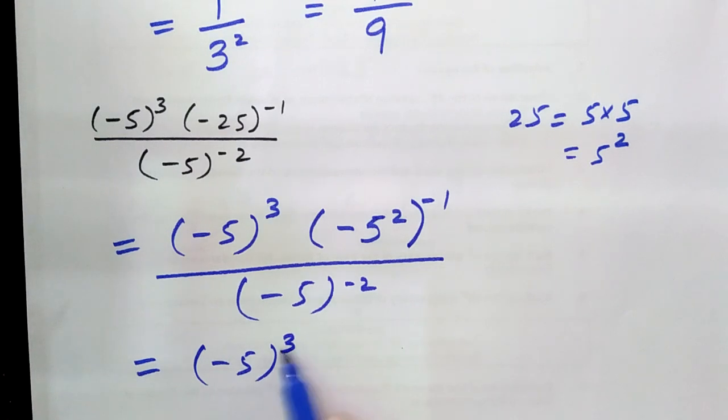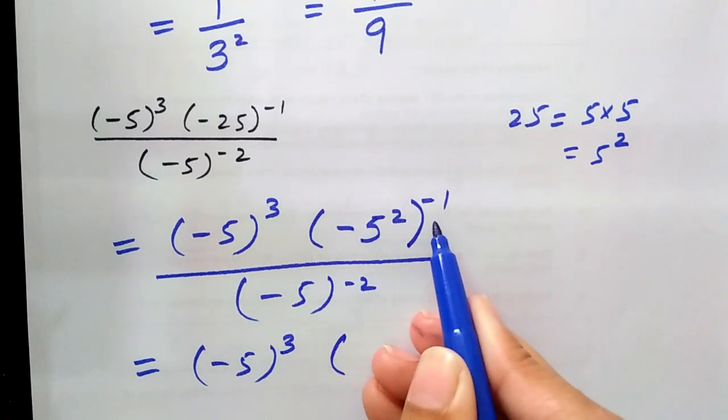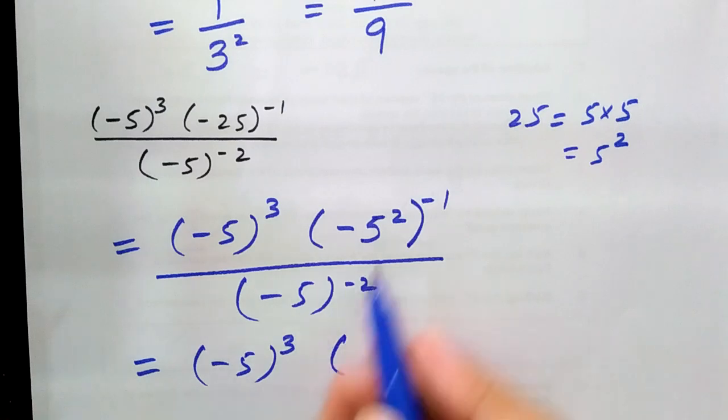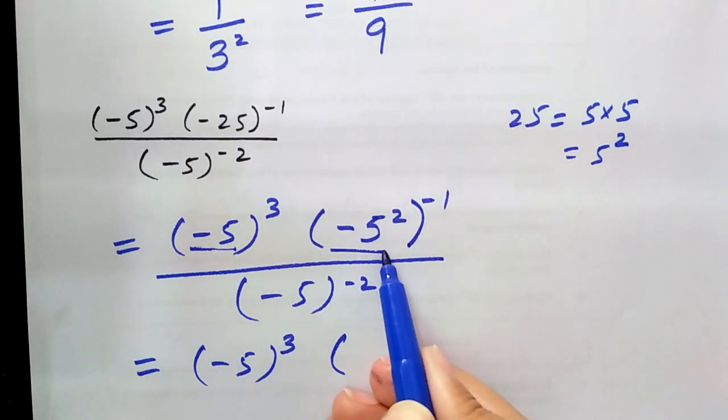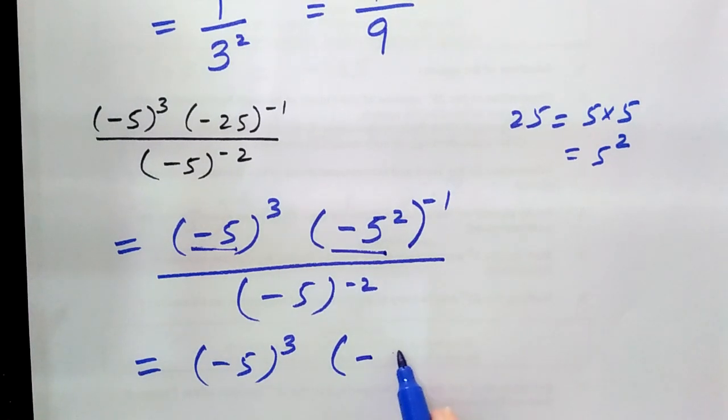Minus 5 raised to power 3. Now it can be written as, now you know very well, negative of 5, negative of 5. It can be written as negative